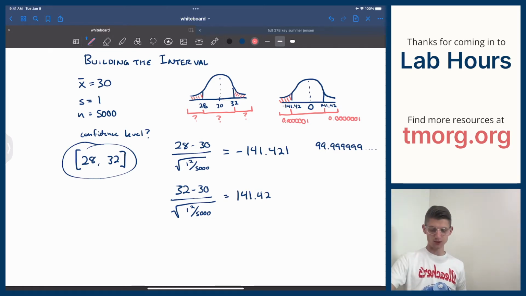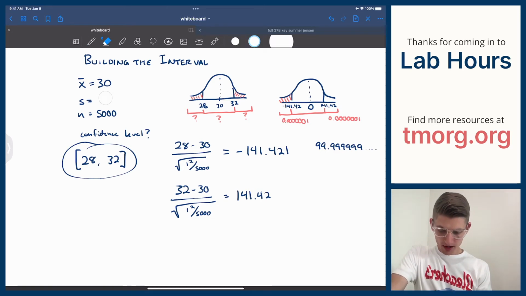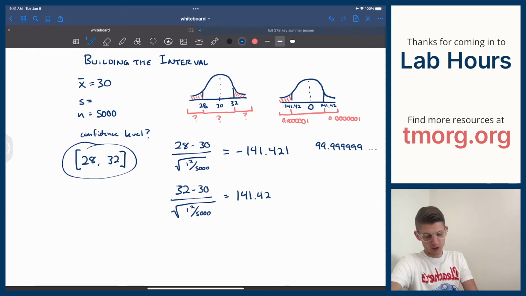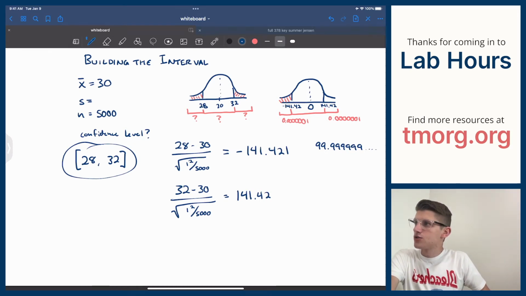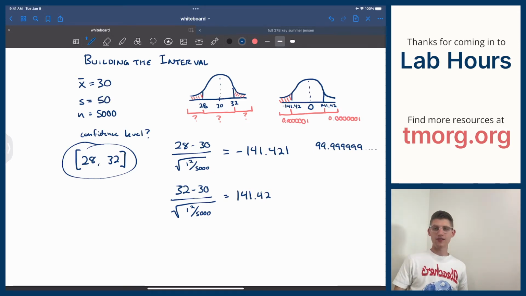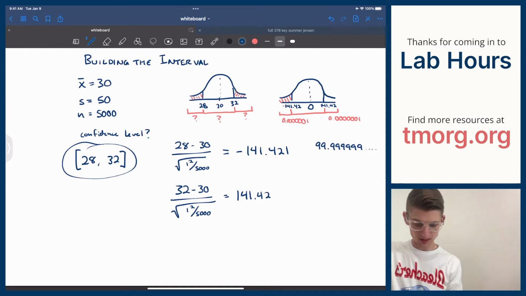Those are absolutely incredible numbers. But what if, in fact, their standard deviation was much bigger? What if, for example, their standard deviation was 50, right? I don't know how that would be the case with 5,000 observations, but it'd have to be huge,